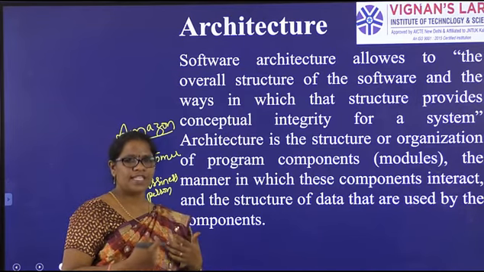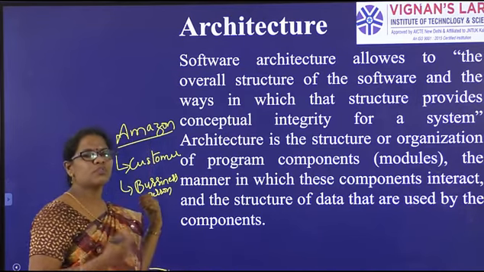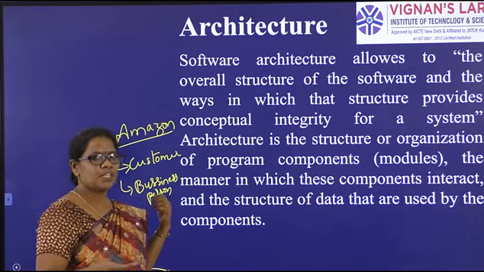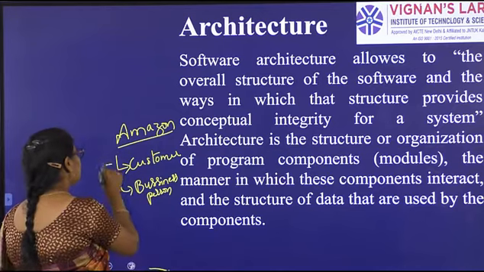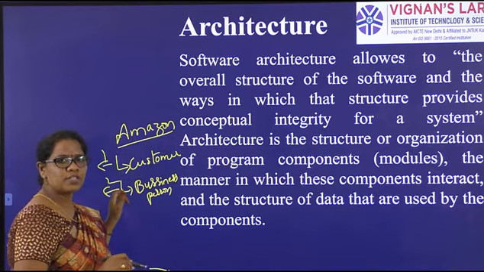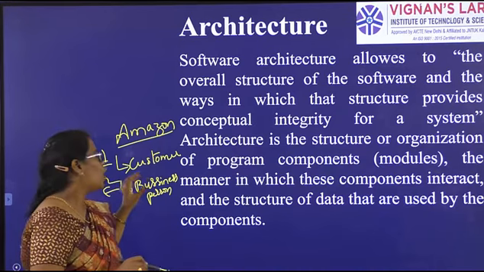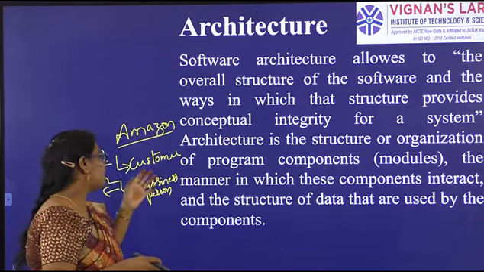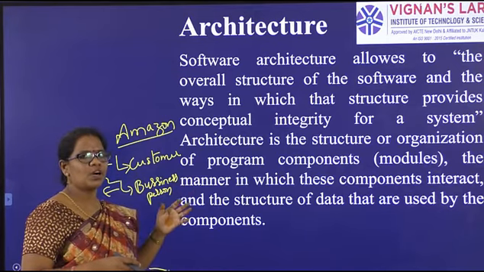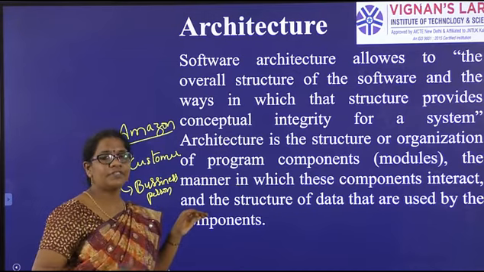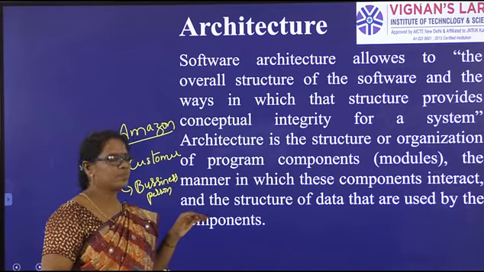So customer means we are the customers. The businessman is who is selling their products in that website, through that website. Okay, so this is one module and this is one module. So we have two modules. So in architecture design, how do these two modules interact? When the customer sees a product, then he will go for the order. That order will go to the business person. So how will the interaction be done between these two modules?